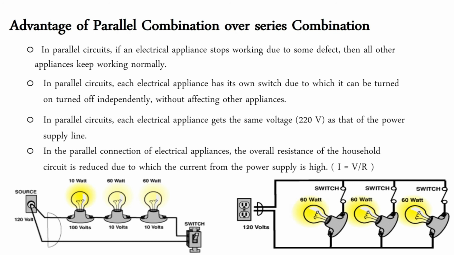Now when the total resistance is decreased, according to Ohm's law, what is the formula? I is equal to V upon R. So it means current is inversely proportional to resistance. So when the resistance decreases, the current value will be more. So in the parallel combination of electrical appliances, the overall resistance of the household circuit is reduced, due to which more current from the power supply is